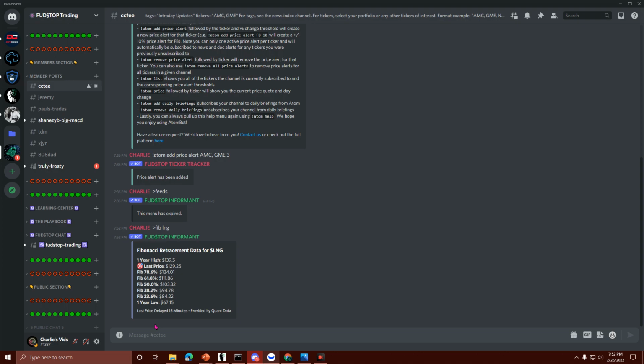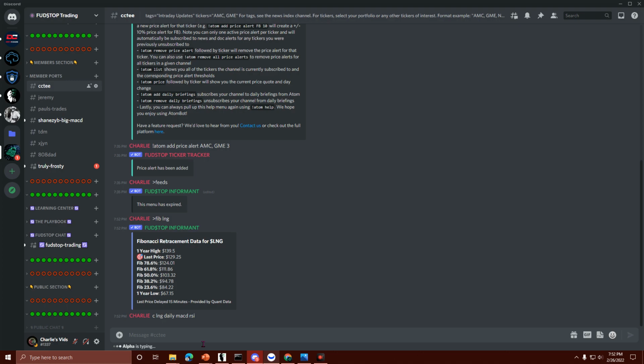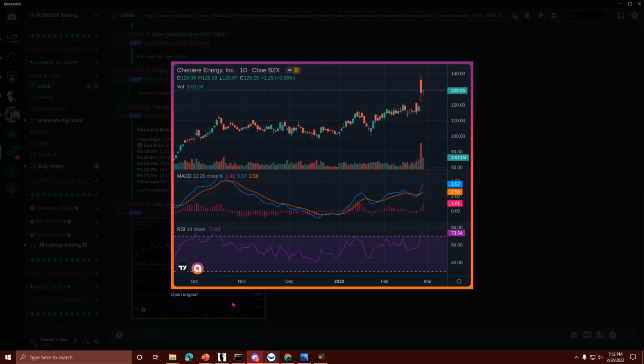$70 mark or overbought. So to do this, straight from Discord, C LNG daily MACD RSI. So I obviously want to include the MACD and the RSI in the chart, and once I type that in, it's going to call the chart down, and we're going to see clearly there is a gap up, and there is a clear RSI over the 70-point mark, meaning it is overbought, meaning it's likely to come down.